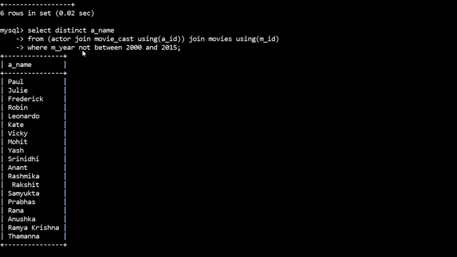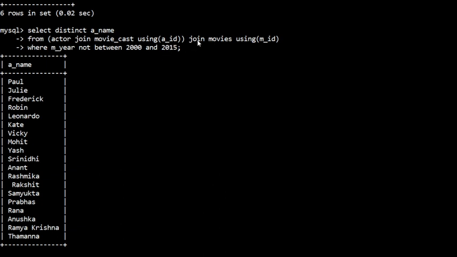Between is used to check whether values are within a range, but here the question is we have to check whether it is not in this range. So that's why movie year not between 2000 and 2015. Like this you have to write the condition in the where clause.